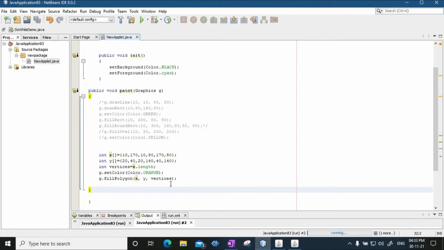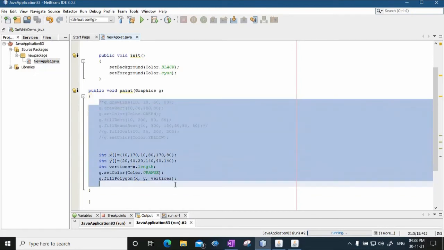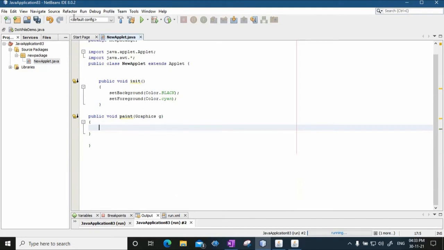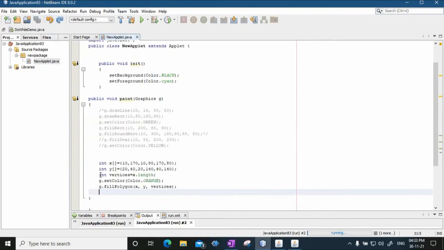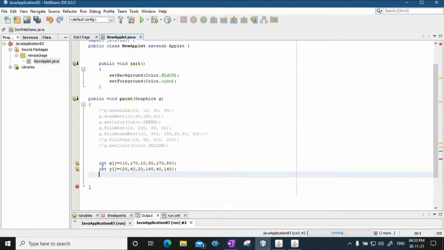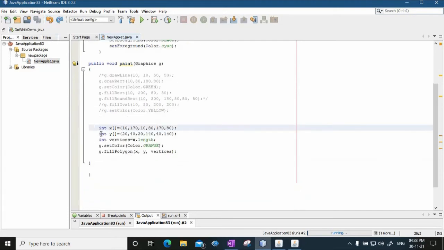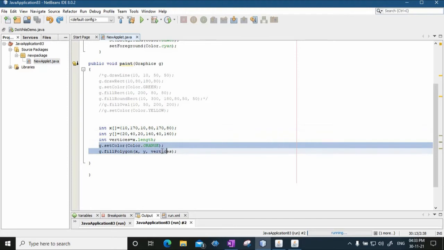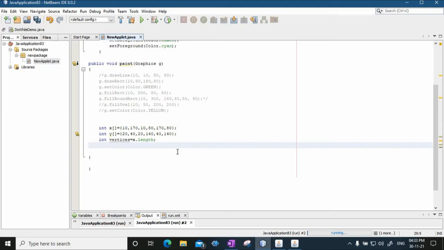Now there are other methods of drawing polygon, so quickly we shall see those methods. First thing is we are going to keep the same coordinates of x and y. Now we are going to use the polygon class. So I'll say Polygon P is equal to new Polygon, and I will specify x, y and vertices.